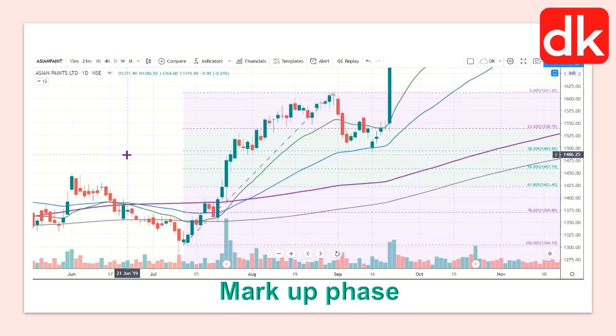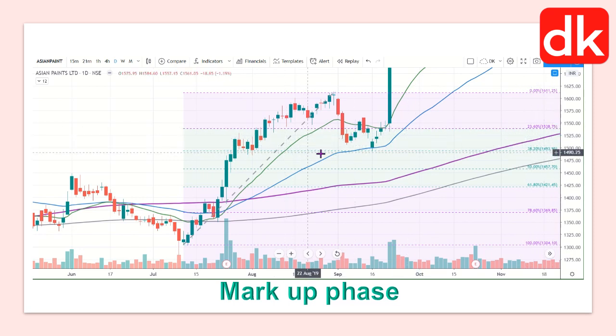But was it at a conjunction of any particular support area of the moving averages? No. It was neither taking support at EMA 21 nor on EMA 55. But when the price moved up and then again a retracement took place, now you see this candlestick. This bullish candlestick has been formed exactly taking support on EMA 55, which is the blue color line. So the first confluence is this, taking support on EMA 55. The price is at the 38.2% retracement level.